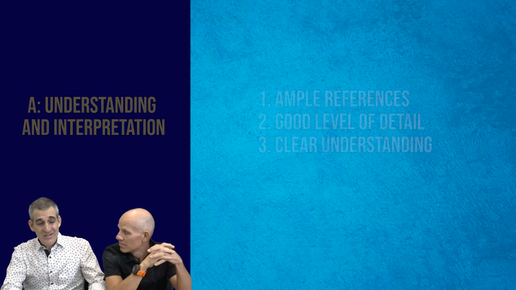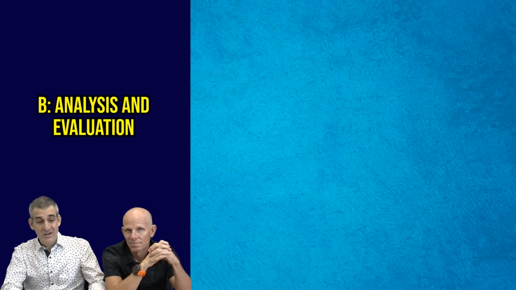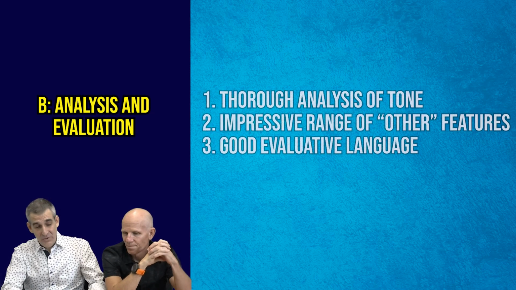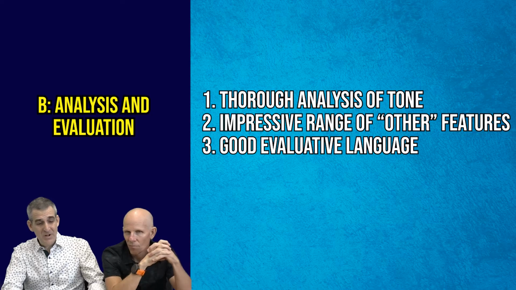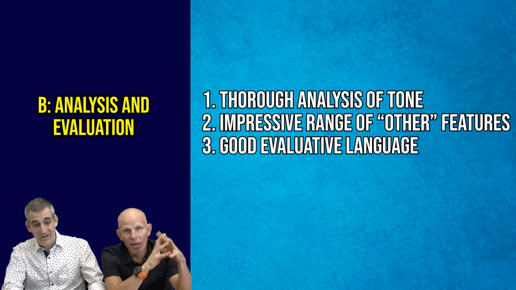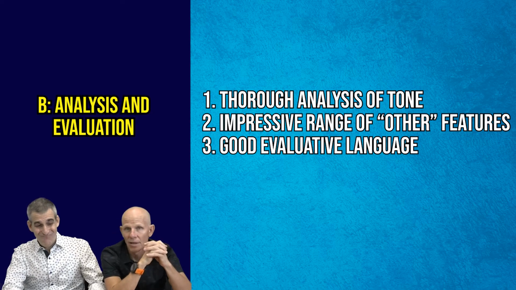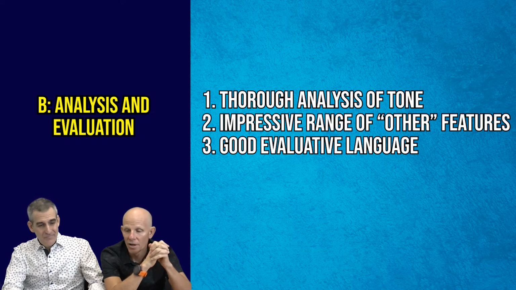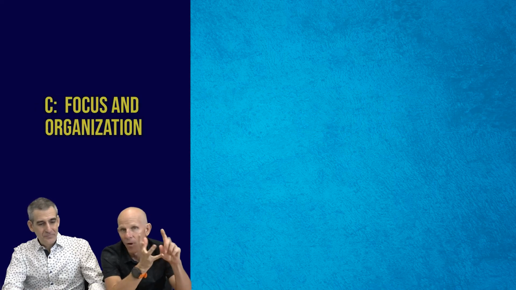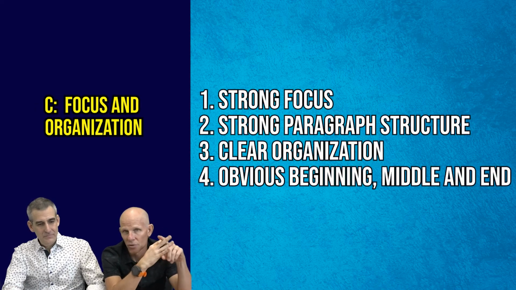I agree, Mr. Giles, and the guiding question is asking us to look at tone, and this student has really done a nice job with tone, in my opinion. There's probably 6, 7, 8 different ways to describe tone, and a nice range of other features that are supporting those ideas in yellow. I'm going to peg this at 5 for B, Mr. Giles. Yeah, I really am. There's some way that this student is evaluating too, and I think that's an important aspect to make sure we consider. It again has that focus and strong paragraph structure and organization.